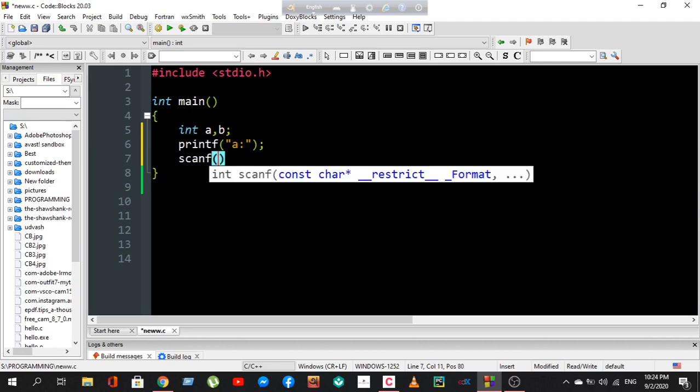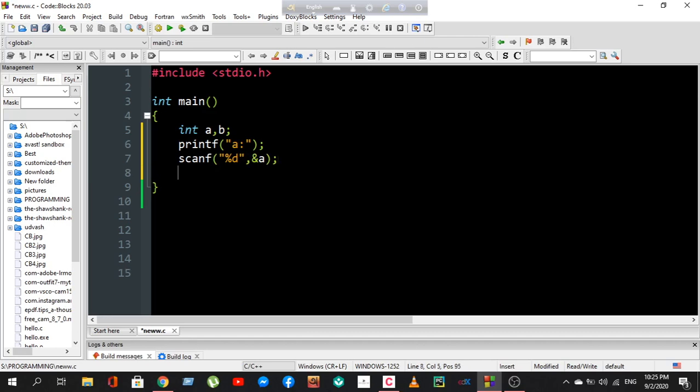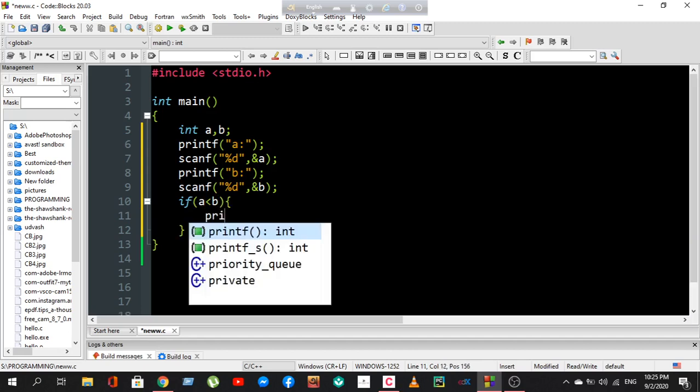scanf, if it is an integer, so we can easily determine it is going to be percentage d. Then we're going to have the same process, copy and paste, and this time this is b, and this is going to be b. Then we need to write a condition, like if a is less than b, then printf